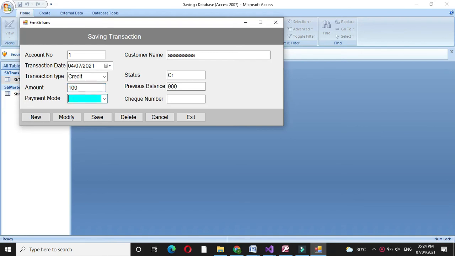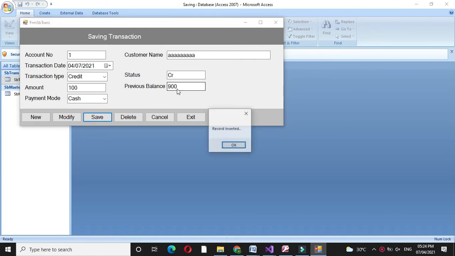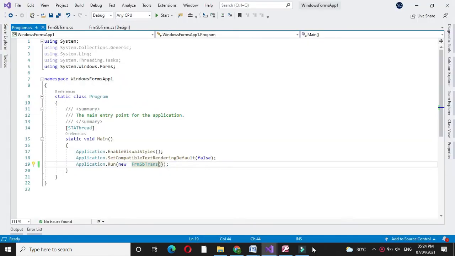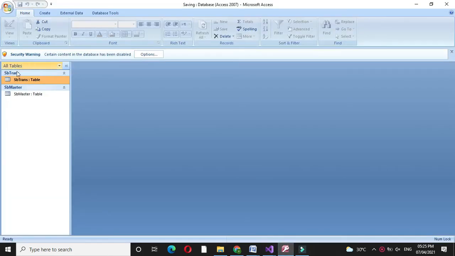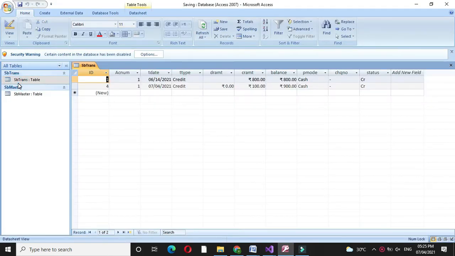It will increase the balance to 900, and for payment mode, if I set cash, it will set the visibility of check number to false, and it will save the record and give the message "Record inserted". If we check in the table, here the date is added, transaction type is credit, credit amount is 100 and current balance is 900.